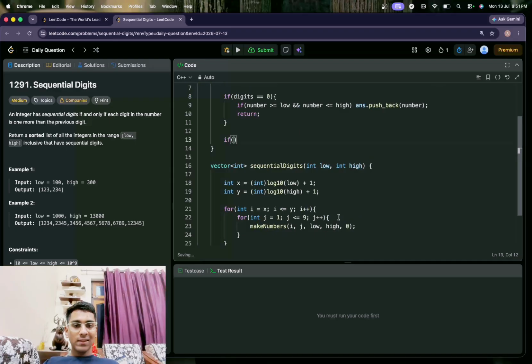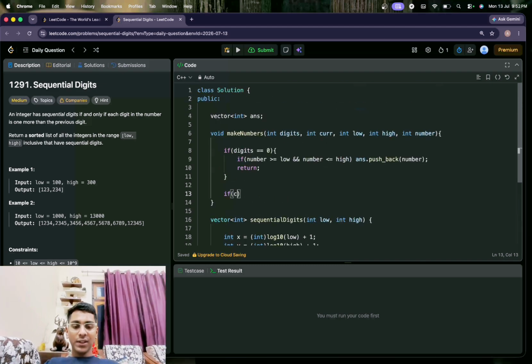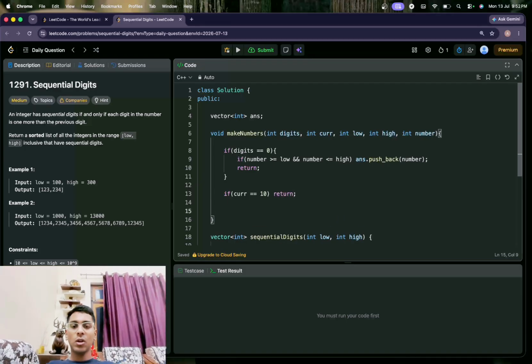Since this is the current digit, for example, the current digit is 7, then the next digit should be 8, then the next digit should be 9, and the next digit should be 10. But 10 is not a digit, 10 is a complete number, it is of 2 digits. So if the current is equal to 10, then you can simply return, because this is not possible.